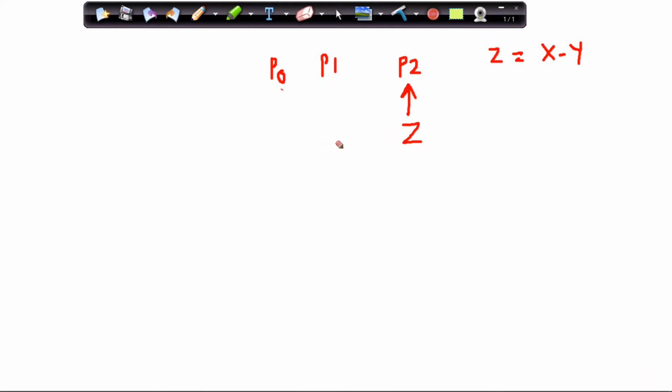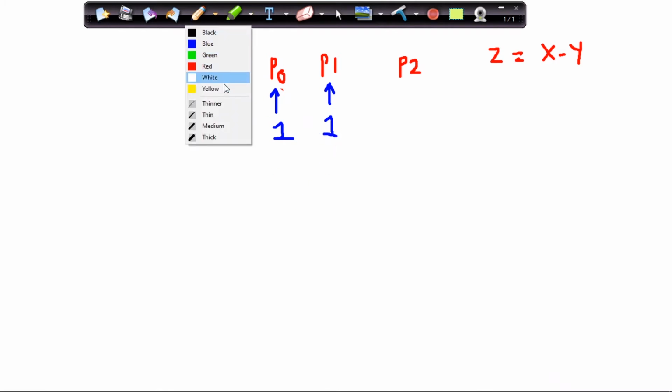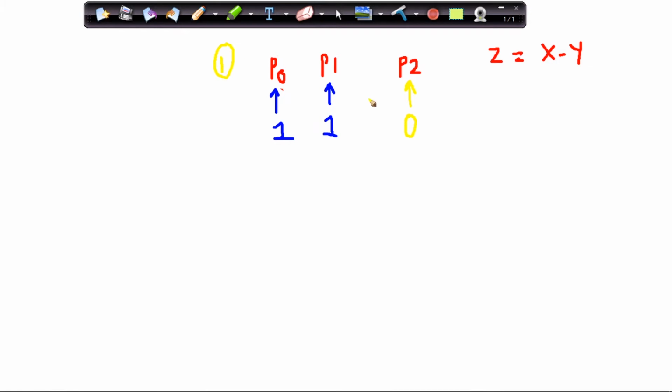As we said, P0 and P1 I'll be making input ports, so I'll be sending all the bits as high in order to make these ports work as input ports. In a similar way, for P2 to work as an output port, I'll be sending logic 0. This is our step 1 operation.